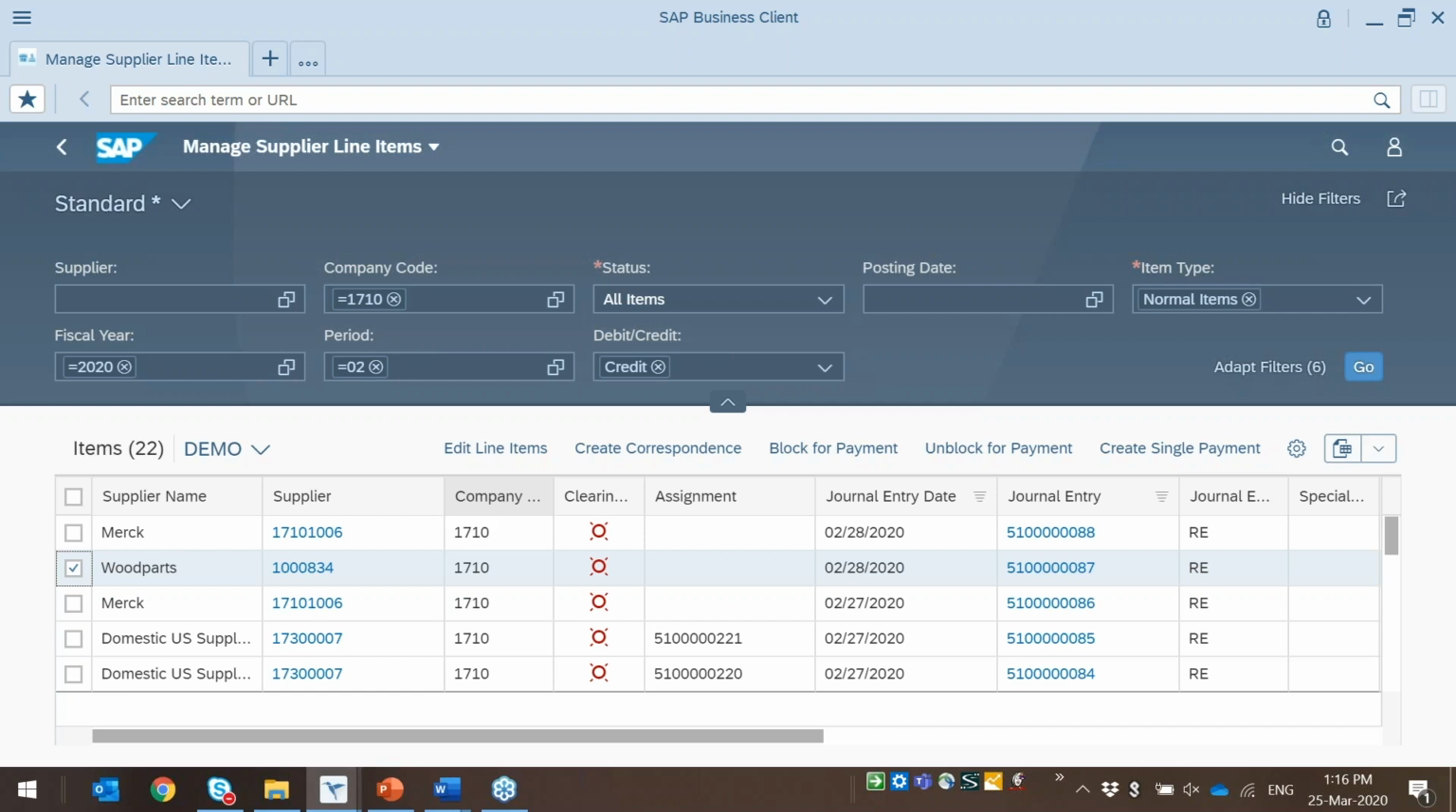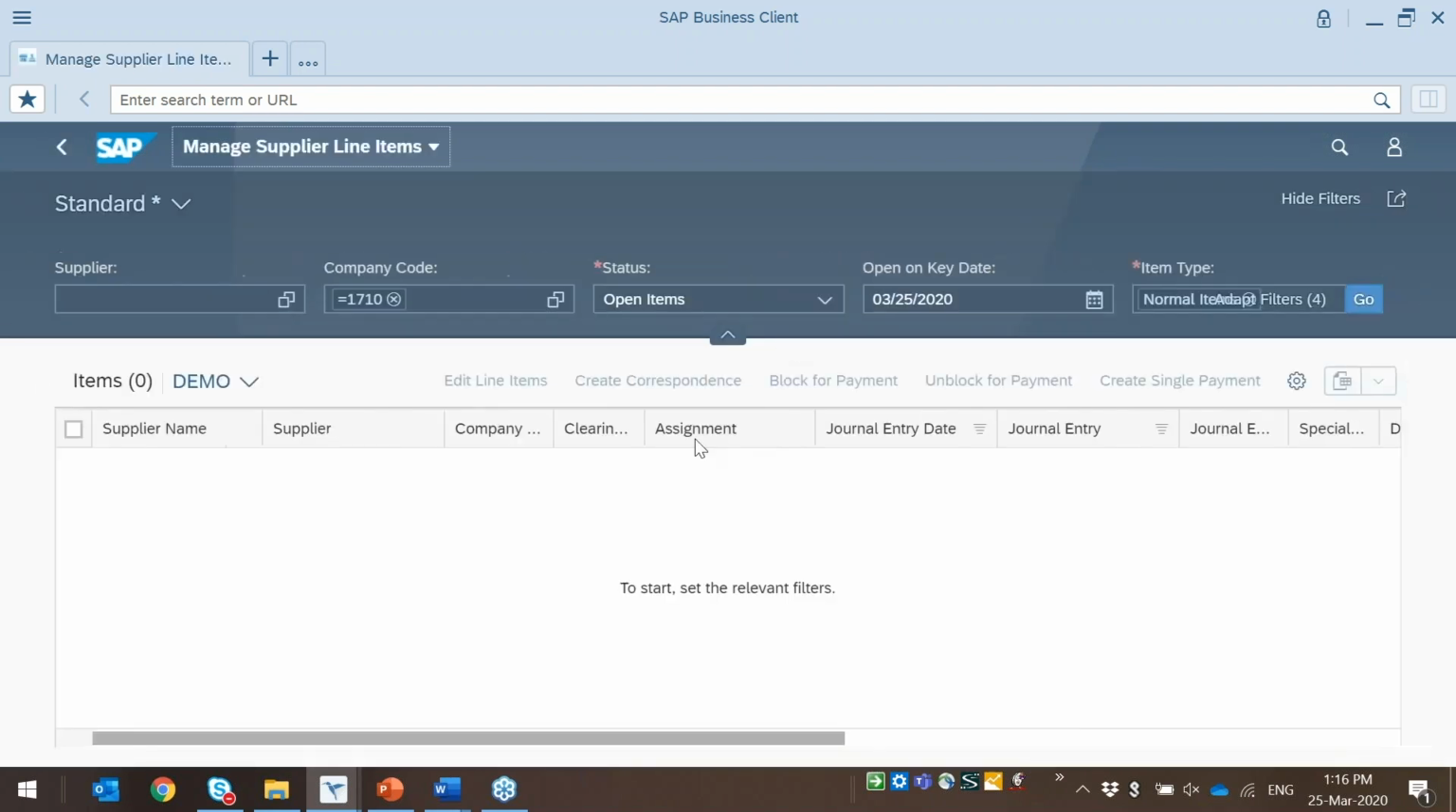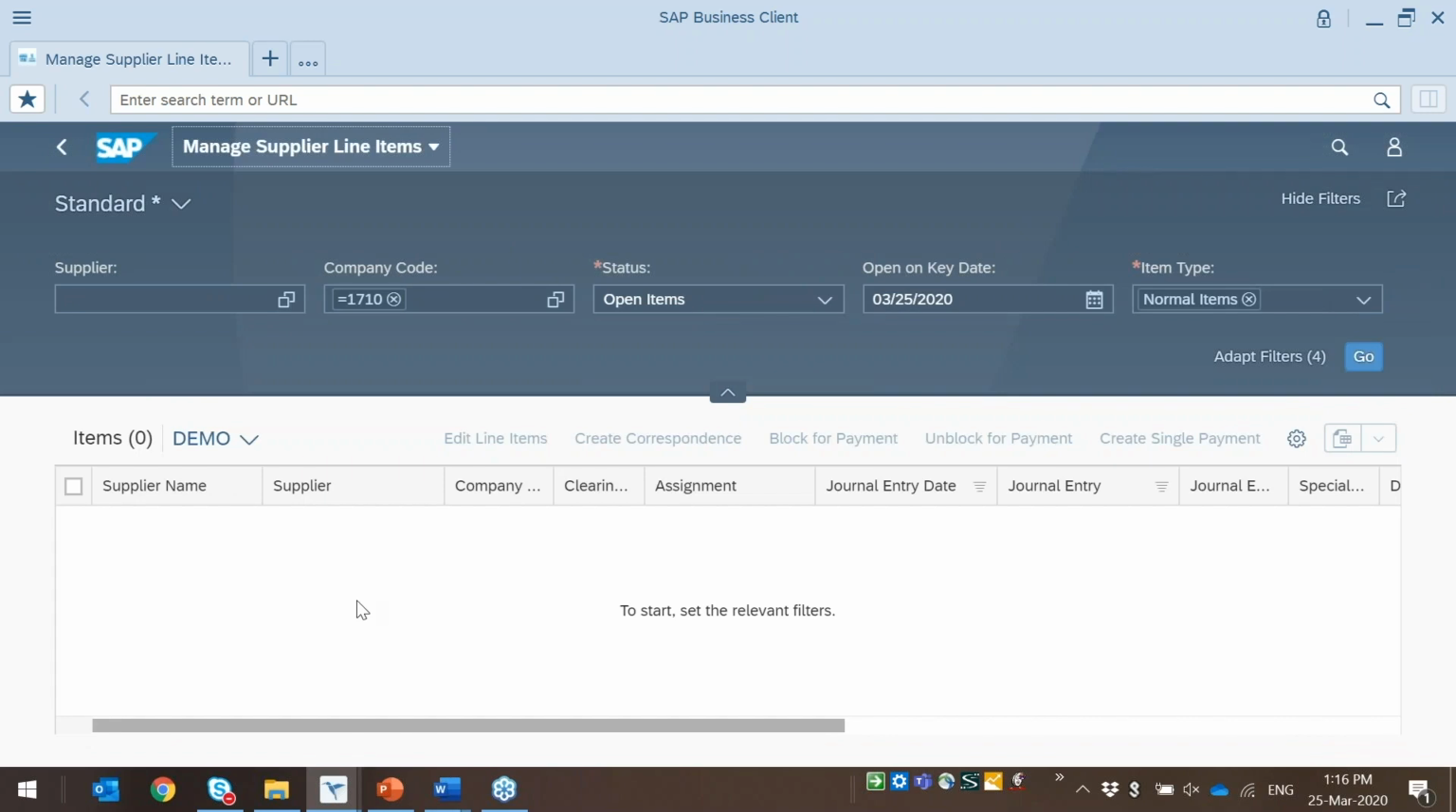The next would be the supplier line items, which, if you know the transaction codes from ECC, FBL1M, is something similar, but it's in Fiori. It's not just a copy of a real GUI transaction. It's a net new Fiori transaction with a similar functionality, of course. So I'm having this,